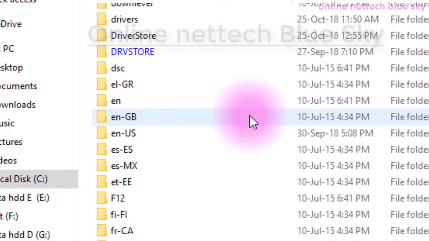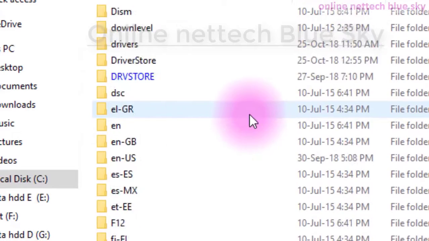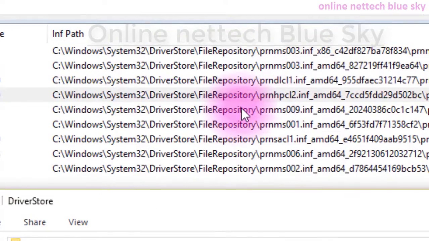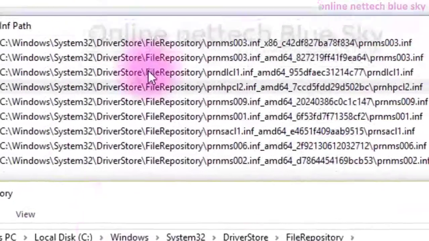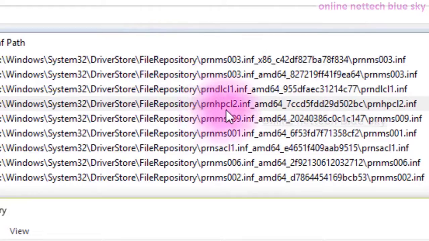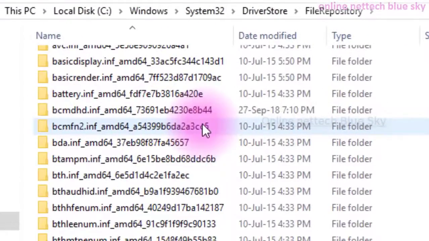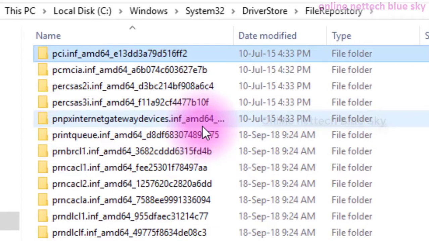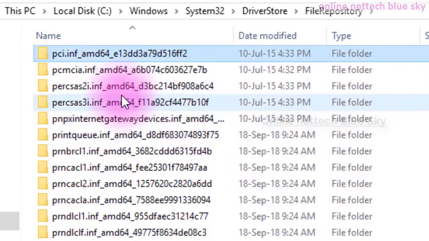So all the drivers and some files are in the DriverStore, and FileRepository. See here, prnhp, you can see prnhp. First I'm showing prnhp.